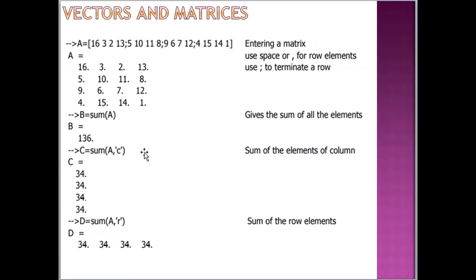And for the command sum, if we type c is equal to sum(a) by column, the sum of elements of each column, we are adding only the columns, then we get the value 34 here. Similarly if we write sum(a) by rows, then we get the sum of the row elements. So the addition of row elements is again 34, 30, right? So if we add rows and columns, then we get 4 values.